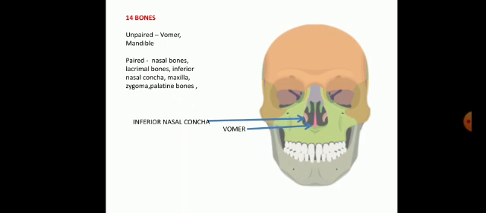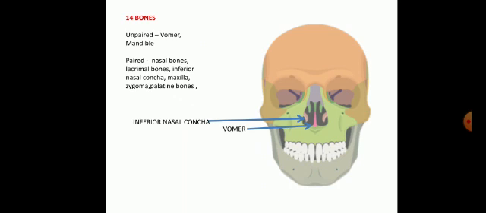In this picture, in the lateral wall of the nose, there are shelf-like projections called concha. Actually, there are three: the superior concha, middle concha, and inferior concha. The superior and middle concha are part of the ethmoid bone, whereas the inferior nasal concha is the largest and it is an independent bone. They are paired. And the one shown in pink color forming the nasal septum, that is the vomer. Vomer is again an unpaired bone.